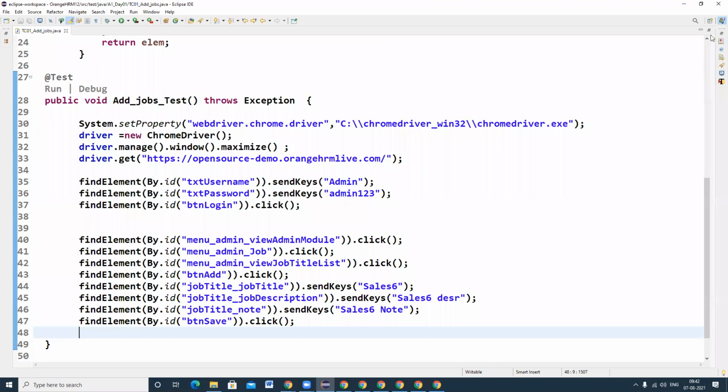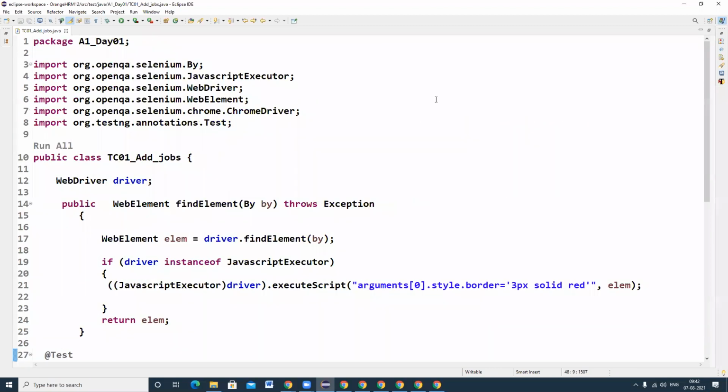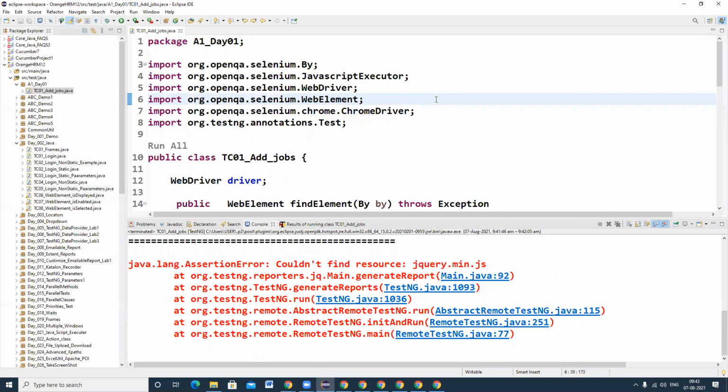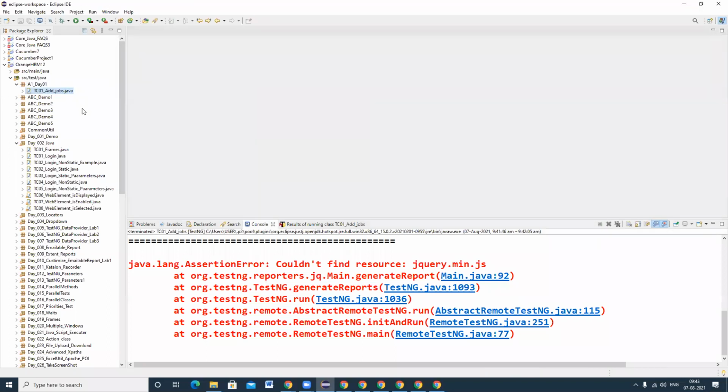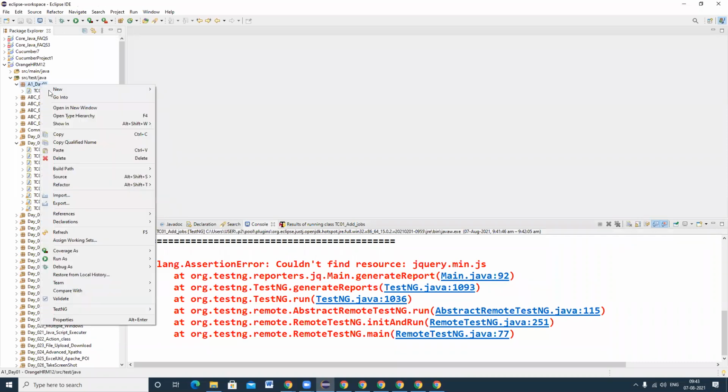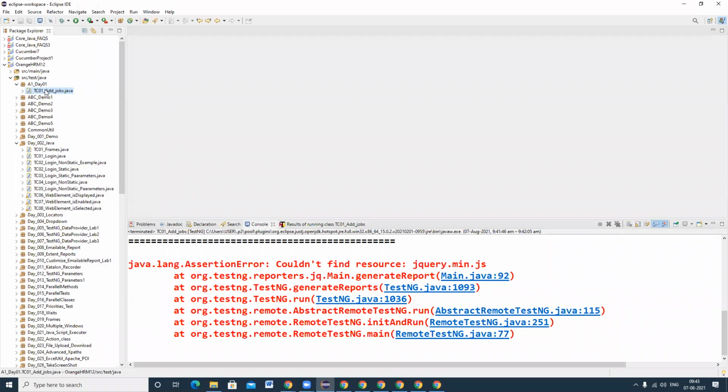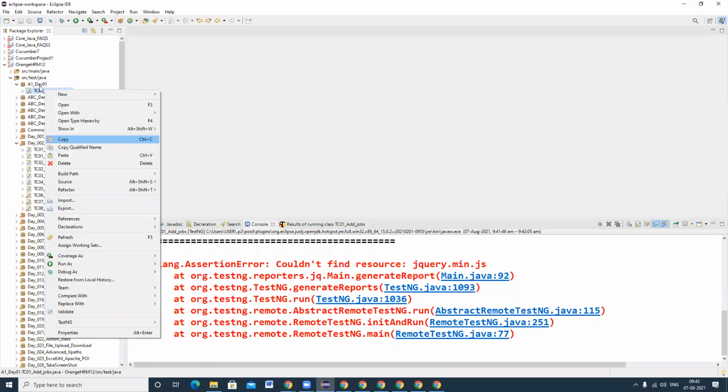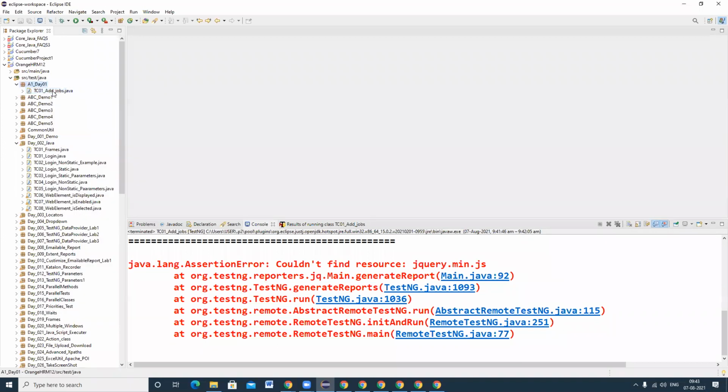Okay, right. I have one more. I'm going to discuss the first topic in Java, core Java concepts. In a class we can write n number of methods, I'm telling. I'm going to tell you that scenario. First of all, I don't want to disturb this program. I'm copying this program and pasting it here. Right click, copy, select this package, right click and paste.